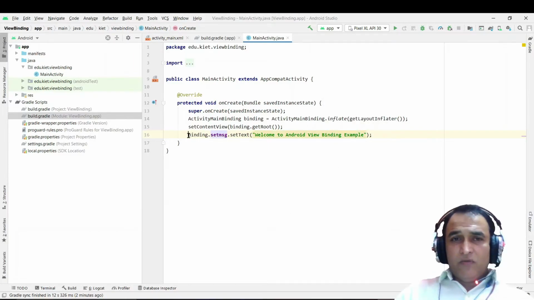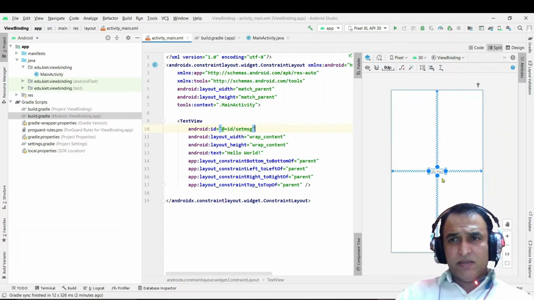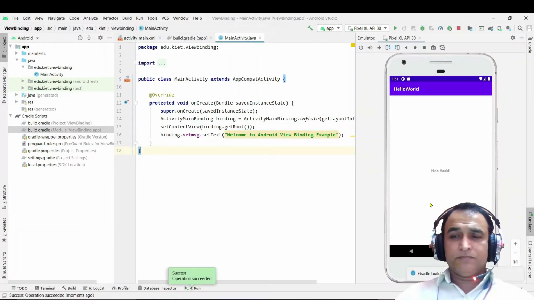So without findViewById, we have accessed the object that is available here in the layout, and this way if I run it, it will take a little bit of time to execute. You see, welcome to Android view binding example like this.